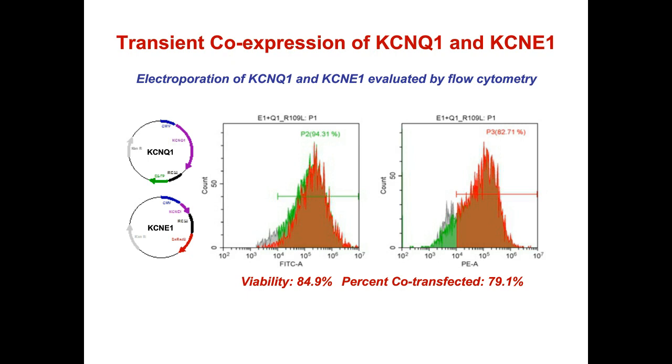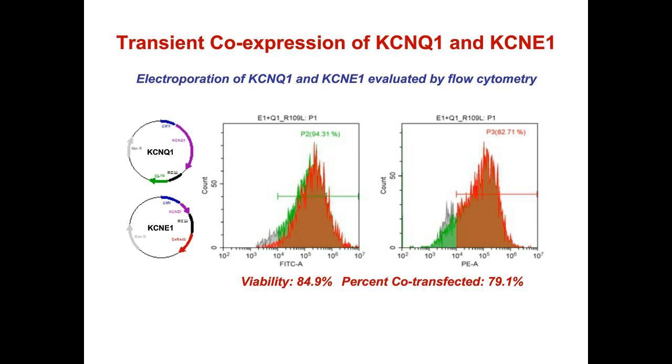So what's illustrated in the flowgrams in the left panel is both green and red, but what we've quantified is the proportion of cells that express GFP, and in this case it was 94.3%. And then on the right panel, we quantify the proportion of cells that express the red fluorescent protein. In that case it's a little bit under 83%. We estimate viability using a Beckman Vi-CELL automated cell counter, and the percentage of co-transfected cells, which we infer from the flow cytometry data, was around 80%. And when we apply those cells to the SyncroPatch,